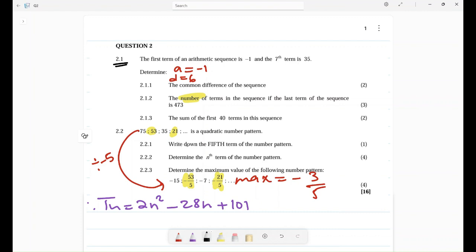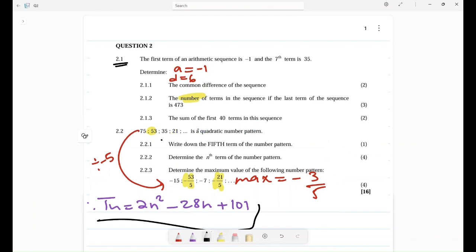And we just saw also that if they divided this equation by negative 5 to get this, its maximum was also divided by negative 5 to get the new one. So it means even if I get the maximum here, whatever that maximum value, which is b, I'm going to divide by negative 5. So I can also use this equation, this Tn,